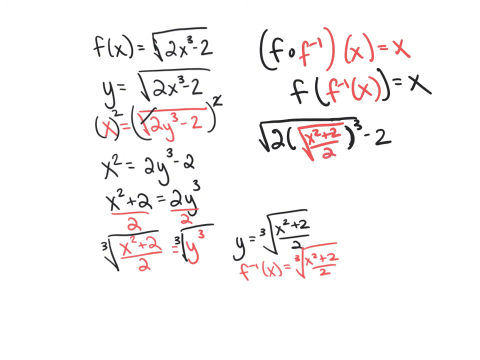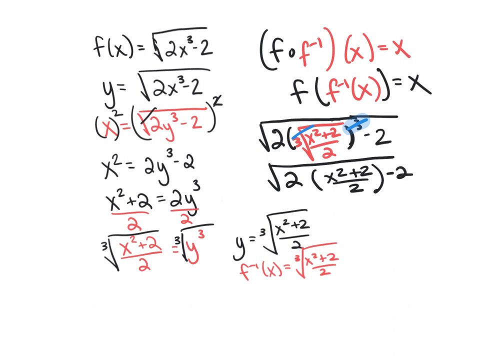Right? The cube root of x squared plus 2 over 2. And so you can see what's going to happen here. Notice you have a cube and a cube root, they're going to cancel. So cube and cube root cancel. So I'm left with this now underneath, which is 2 times x squared plus 2 over 2 minus 2, right? Well, notice you have this 2 sitting in the front and this 2 right here. They're going to cancel. So I'm left with